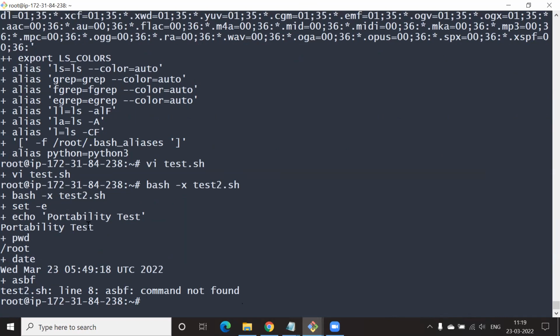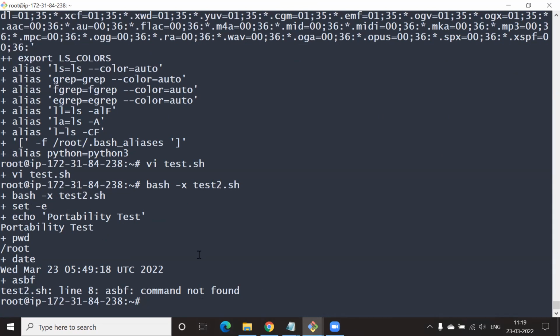Okay, I'll repeat: bash -x test2.sh. So what do you think this is doing, Rahul? It is doing the same thing, but this time it is not showing those syntax errors. Oh, sorry.